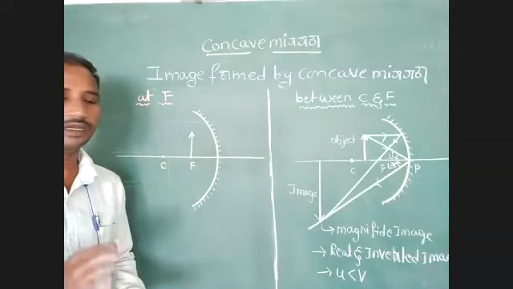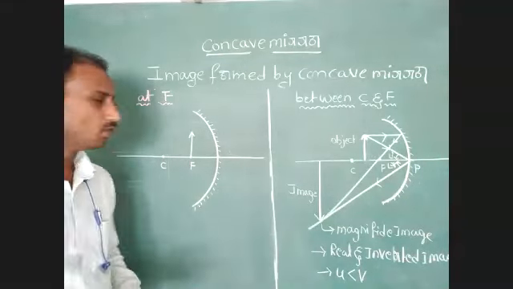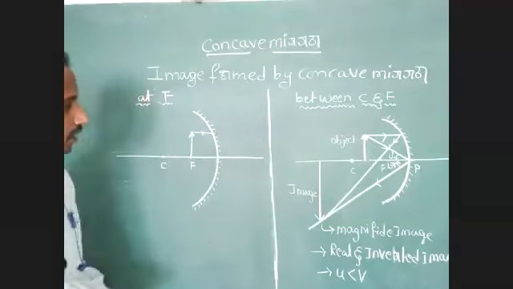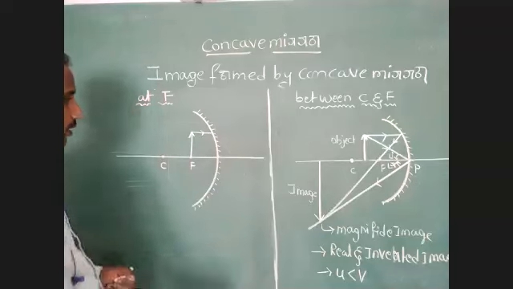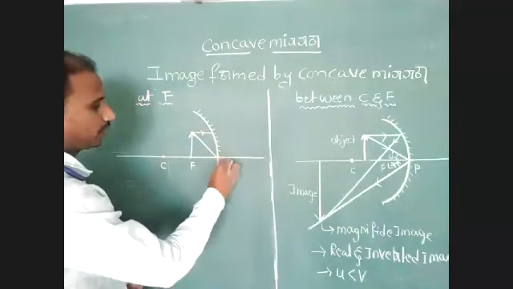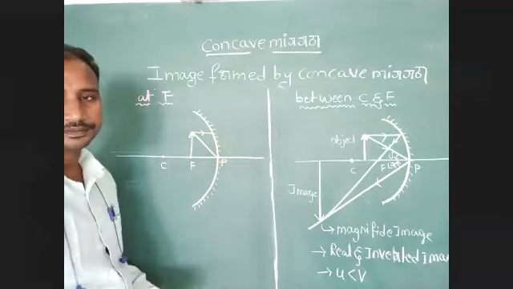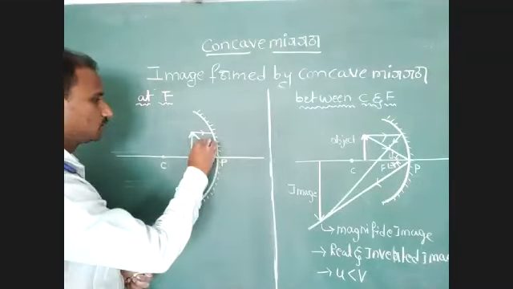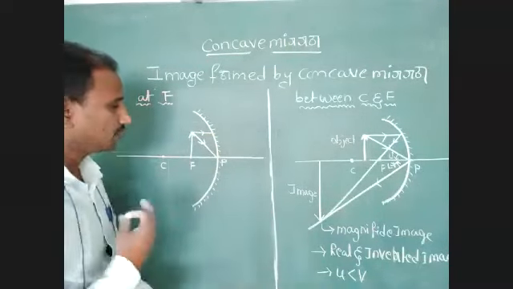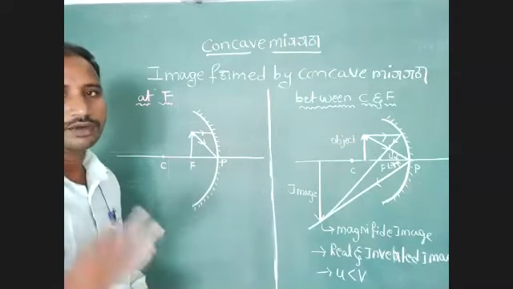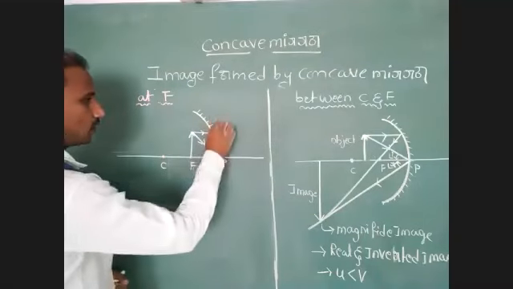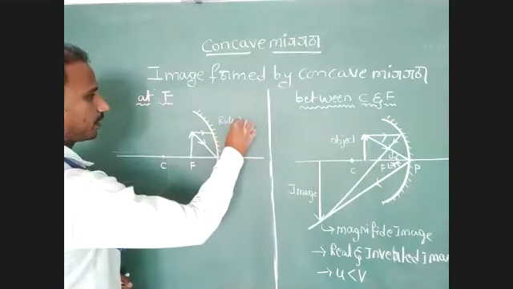How many rays are required for us? Two rays are required. One ray is parallel to the principal axis, another ray is incident at a point P on the reflecting surface of the concave mirror. So these two rays are two marginal incident rays. Next, we have to identify the image formation point. So rule 1: according to that, what is rule 1?